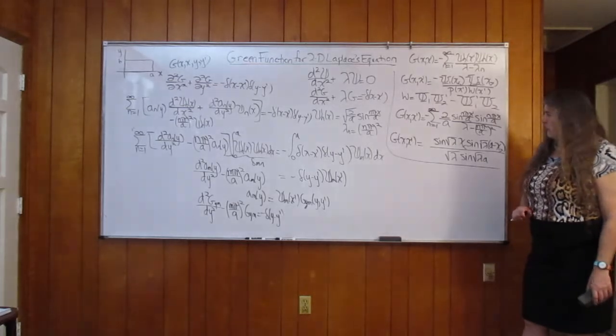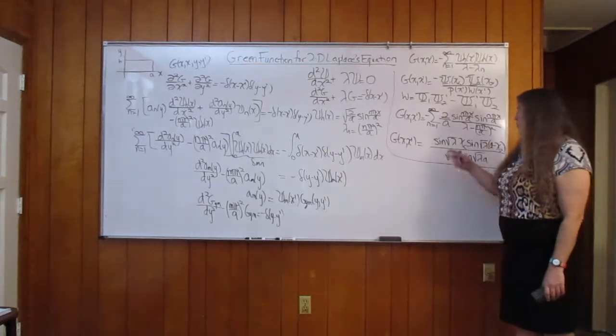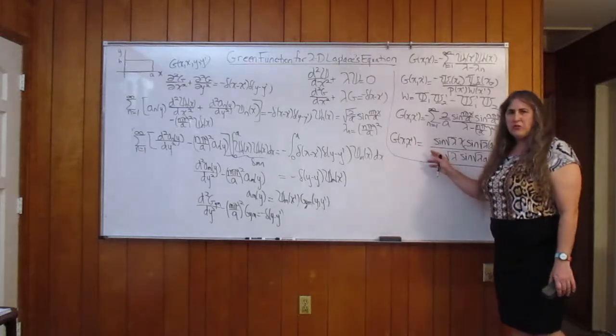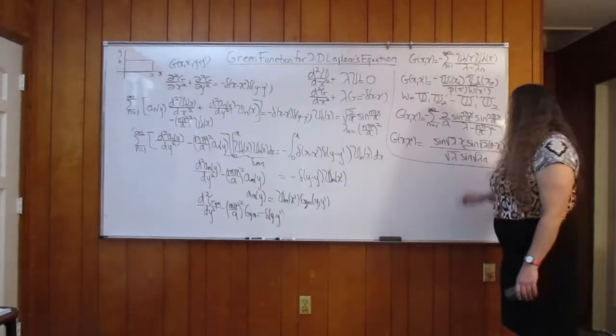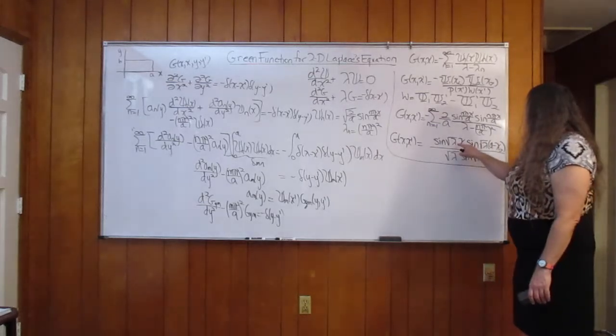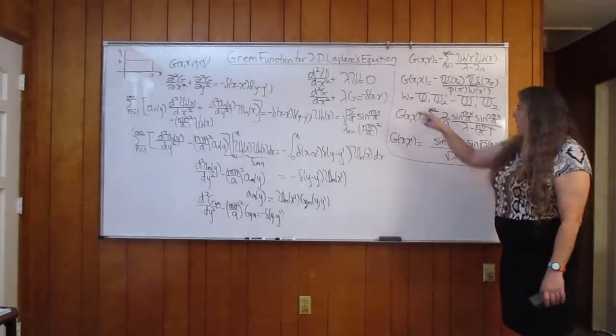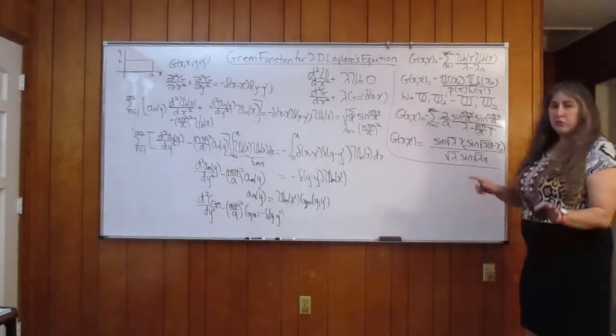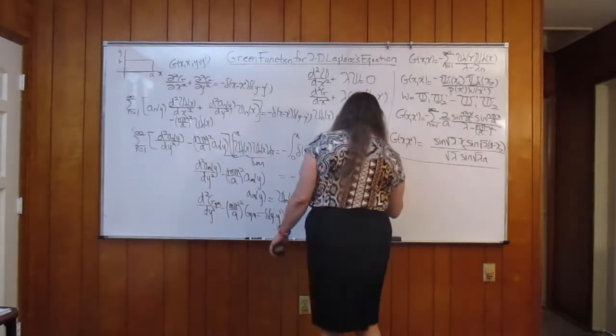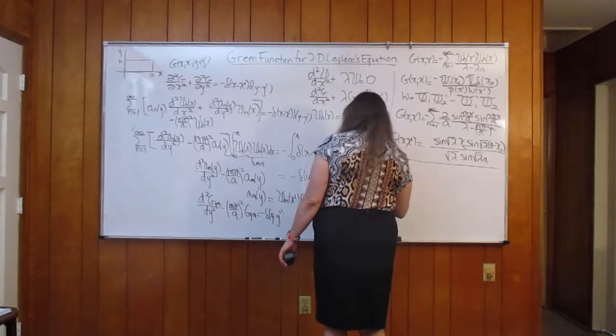Okay? So in order to make use of this, note that this is written in terms of x and x prime, and we're solving an equation in terms of y and y prime. Moreover, this lambda here was positive, and here we need to take account of the minus sign. Okay, so when we do that, this Green's function then